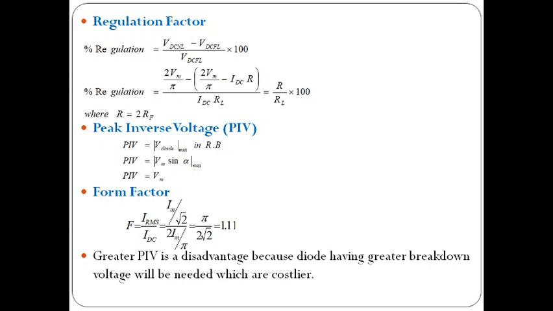They are: one, the higher peak inverse voltage; second, the center tapped transformer. So we remove the center tapped transformer and use a normal step-down transformer. And here the peak inverse voltage is Vm only. So these two drawbacks are overcome in our bridge rectifier. The remaining all are the same.